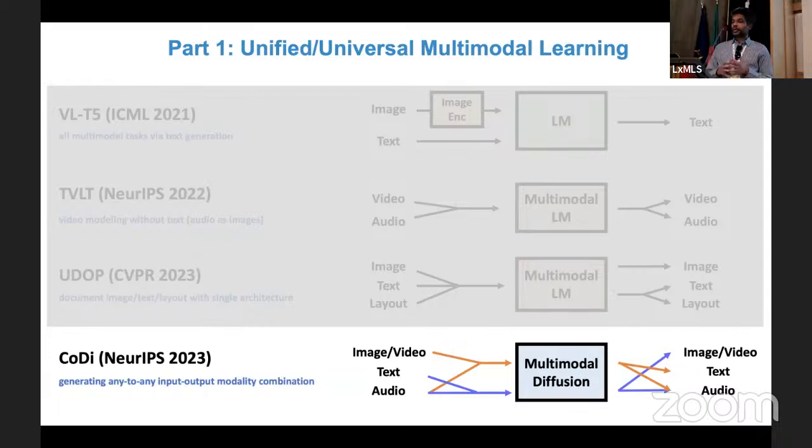So this is what we called CODI, composable diffusion on any-to-any input-output modality generation. This is a new paradigm called any-to-any, which you'll hear a lot around you now. The basic idea is that it should be able to take any input combination of modalities that it has not even seen during training and generate any output combination without relying on training data for those combinations, as well as not having exponential training objectives, but only linear. So this is the idea of CODI at NeurIPS 23.